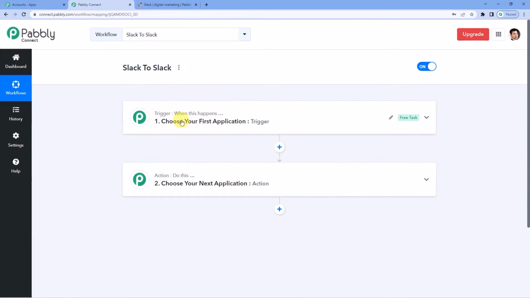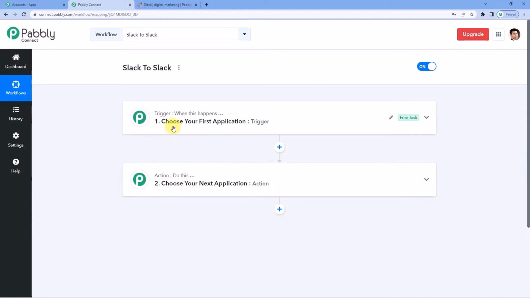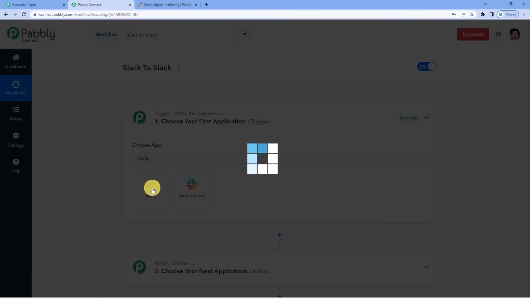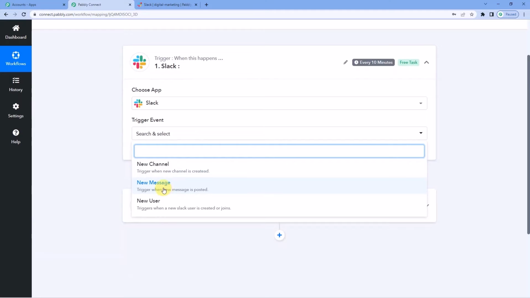Let us understand this with the help of an example. A trigger could be when a sale is made, and action could be send a confirmation message to an owner or the customer. In our case, a trigger can be when a message is sent to one channel of Slack, and an action can be copy and send the same message to another channel of Slack. So let us begin. Let us select Slack as our trigger application. For the trigger event, we will select new message,